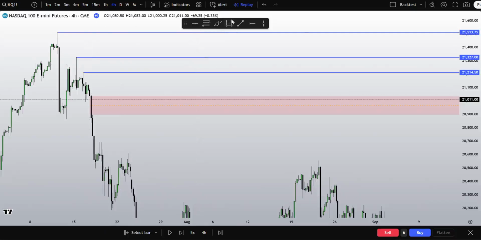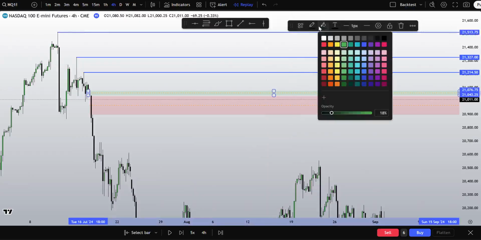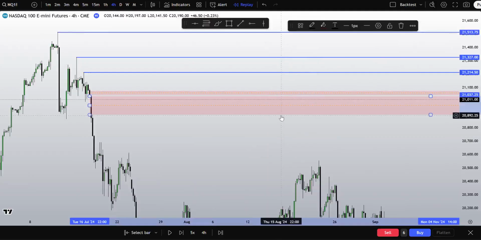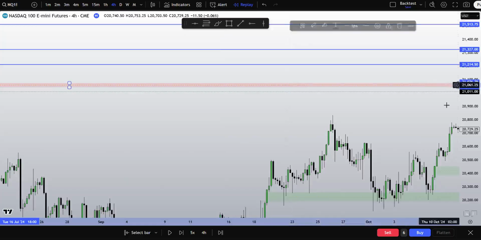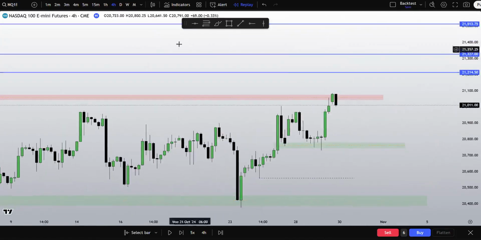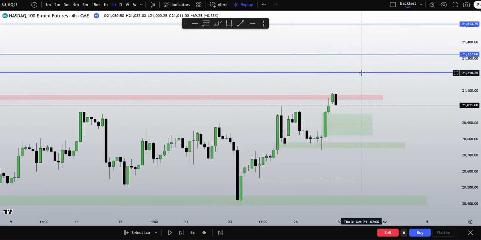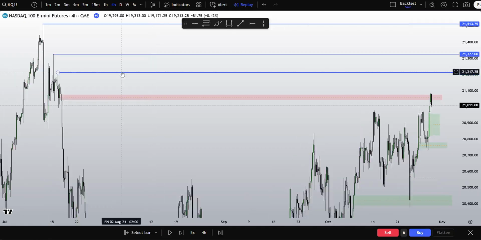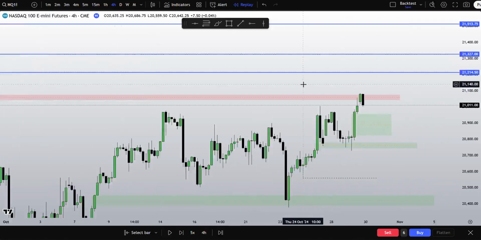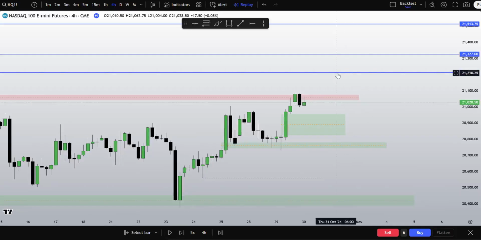We do have this imbalance still as well. So I'm going to take this into account. Did we respect this imbalance? We actually just disrespected it. So my eyes are looking right here at 214. That's what I would like to see us go towards. 214, hold on. Then potentially 327. We may come back, rebalance to this imbalance and head higher, but that's where my eyes are.